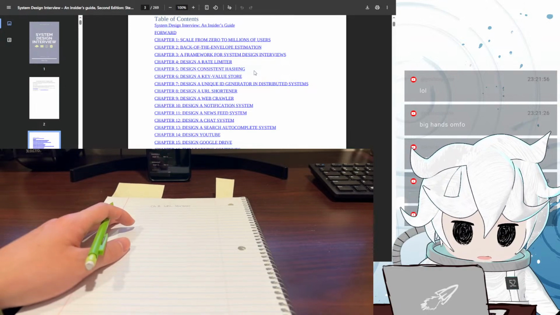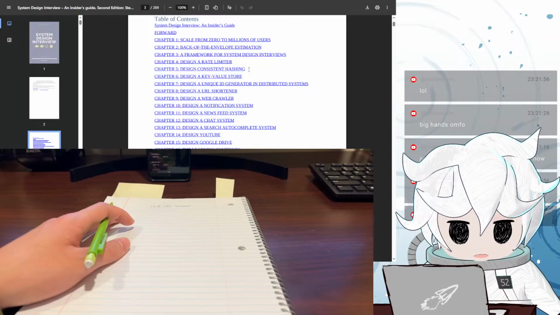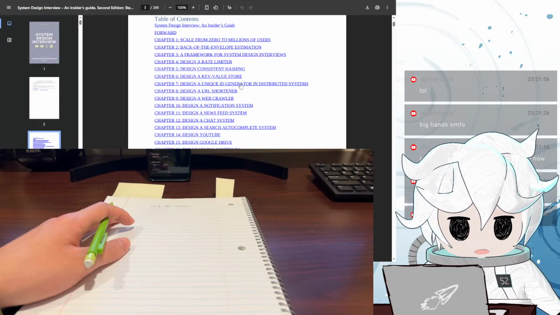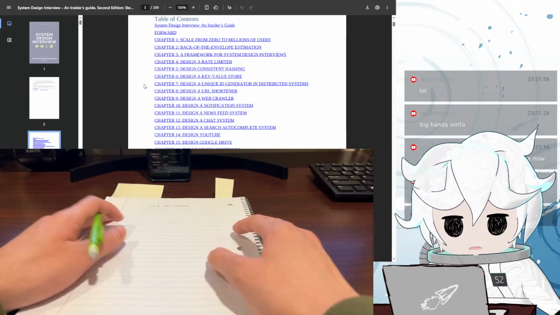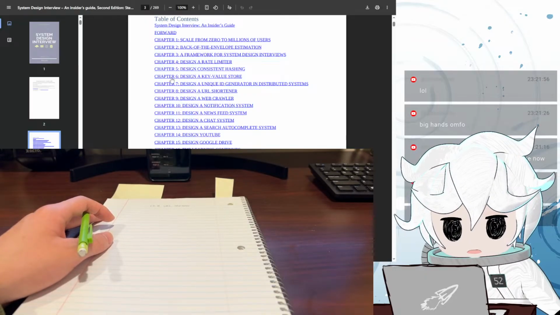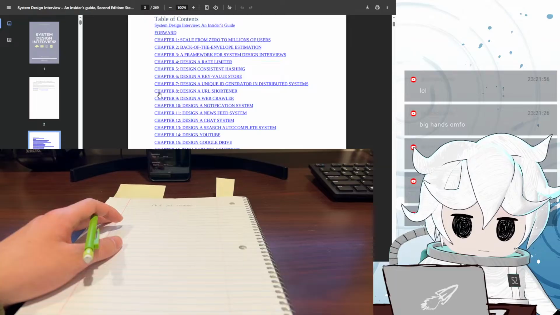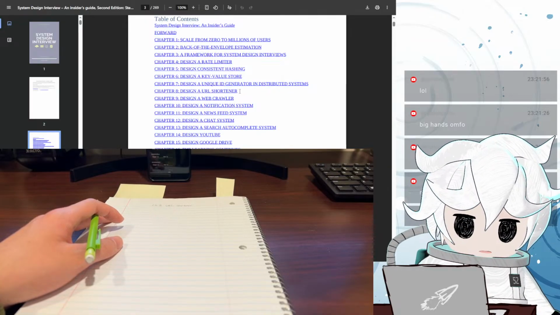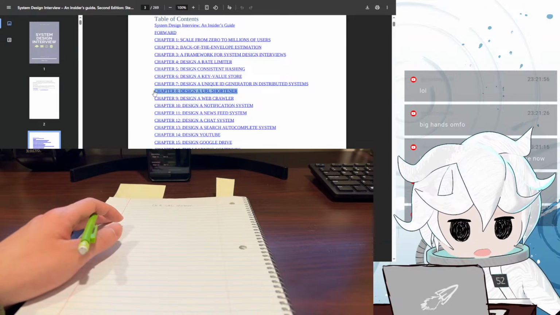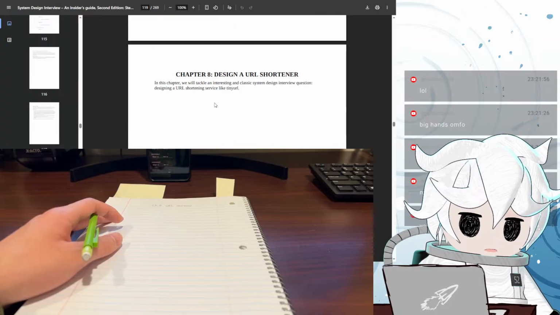Because I have a feeling that in my coming interview, they're not going to ask me such low-level stuff like consistent hashing, key-value store, or unique ID generator. From past interviews, at this current level, they usually ask you to design some big application or like an actual app. So that's why I decided to skip ahead to URL shortener, because that seems more applicable to upcoming interviews by intuition. Yeah. Okay, here we go.